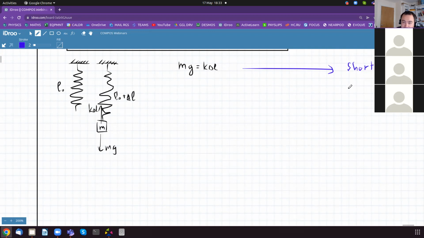And the short way of doing it is saying, well, we know the time period. It's 2 pi square root of m over k. And m over k we can establish from here. M over k is the same as delta L over g. So the answer is 2 pi square root of delta L over g. That's the solution,